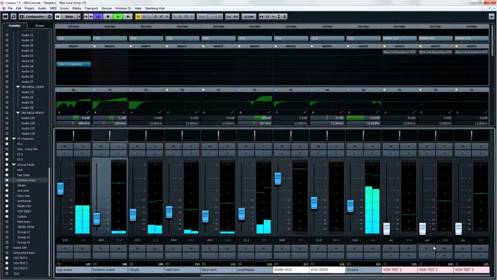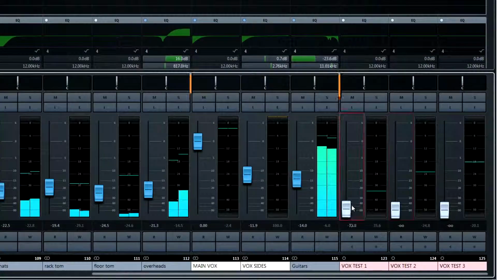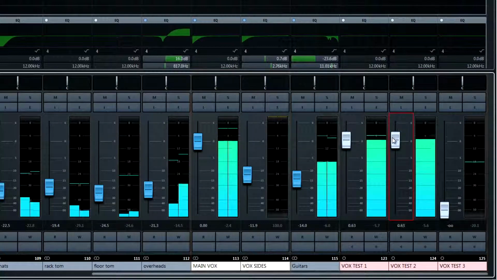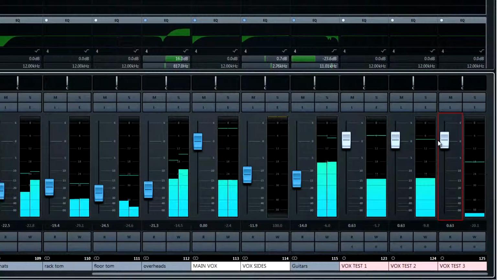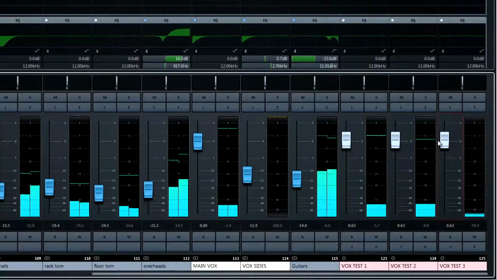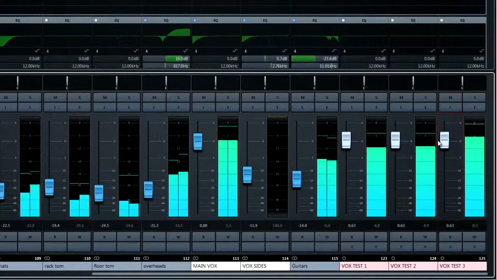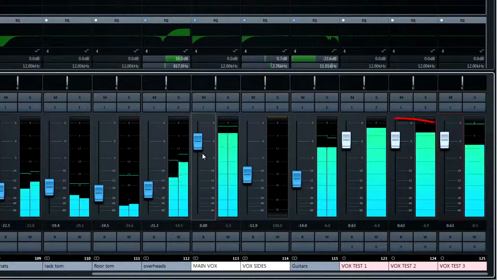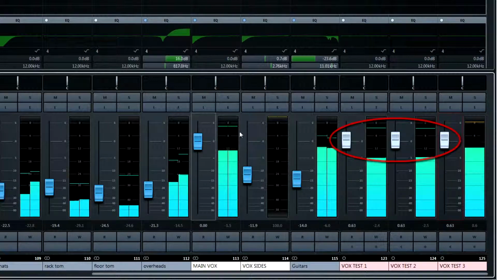Now we're going to cover how to use the MB5 creatively on a group of sounds. For this example, I'm going to work on the triple-tracked vocals and that mass of guitars we heard earlier. With the volume up on the vocal tracks, you can immediately hear the inconsistencies between the takes. Now this group channel here is being fed by all three of these vocal channels, but I'm going to change